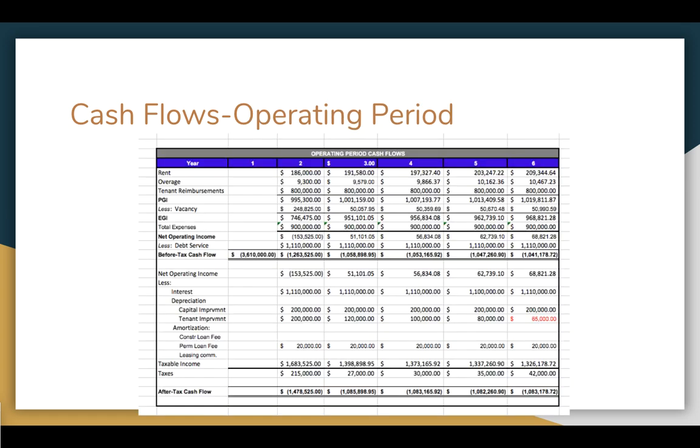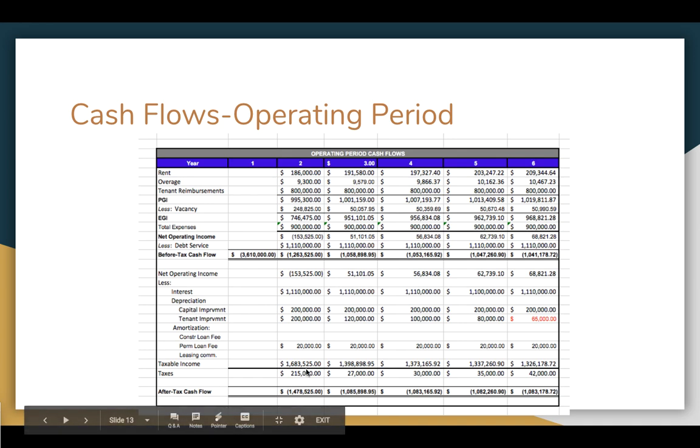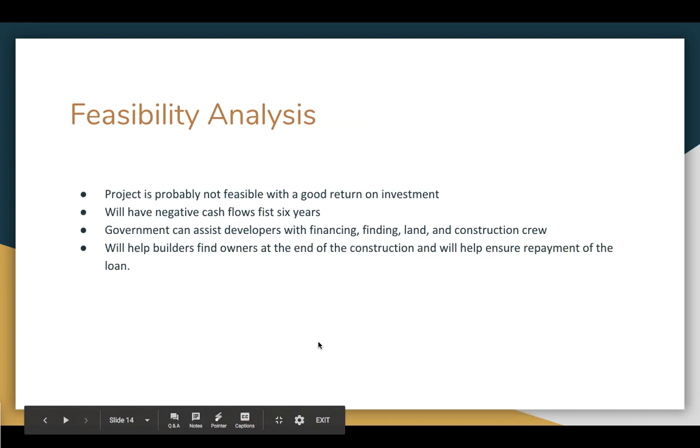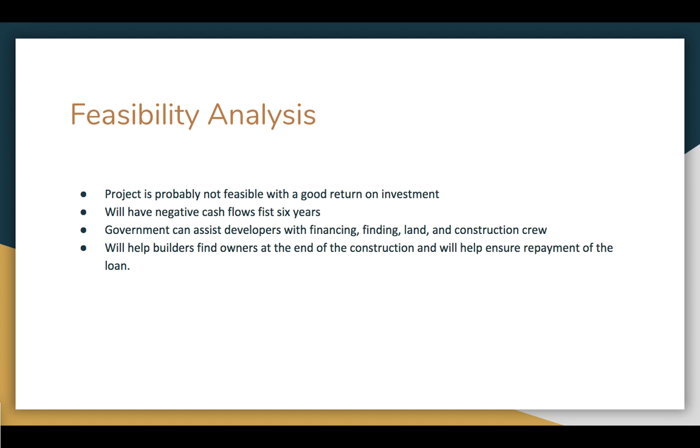financially feasible. During the cash flows in the operating period, we find out that it will be even worse in this period of time, in which all the cash flows before tax will be negative, with not that much net operating income. With the rent increasing 3% each year and the overage increasing with that 3%, we figured that the taxes were too much to overcome the net operating income, which will have a negative after-tax cash flow at the end as well. So in conclusion, the feasibility analysis is that this project will not be financially feasible with a